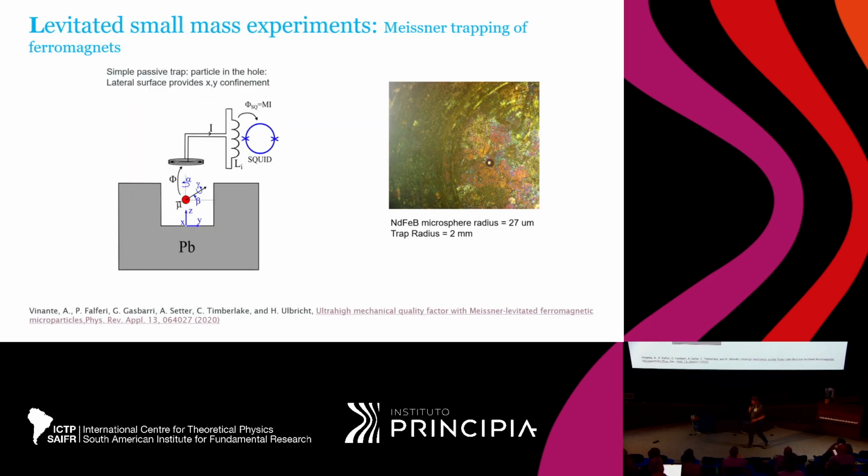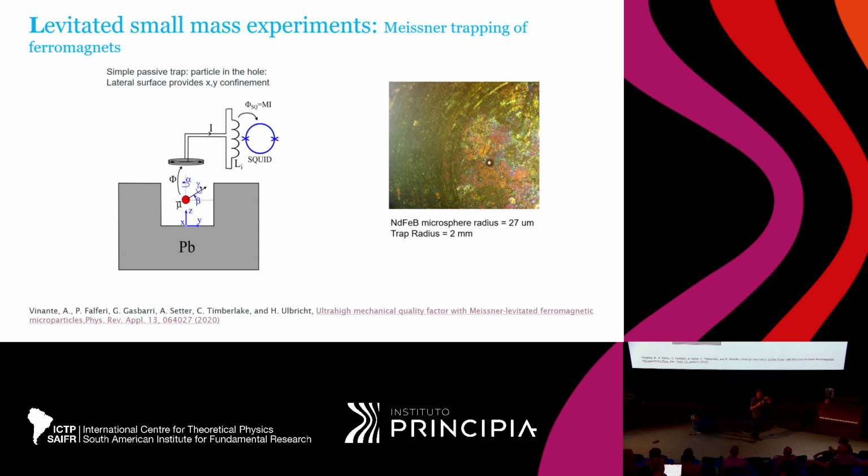Here's the system. It's a levitated mechanical system, a magnetic one, so different from the one we are using for these large mass superposition states. And the way it works, in a very sketchy way, is that you have a ferromagnet, a permanent magnet sitting here that has a permanent magnetic moment, and now you put this in a lead box, you cool the lead box below its critical temperature, it becomes a type 1 superconductor. So what you then have is an image magnetic moment in here, and the interaction between the magnetic moment and the image magnetic dipole is giving you a